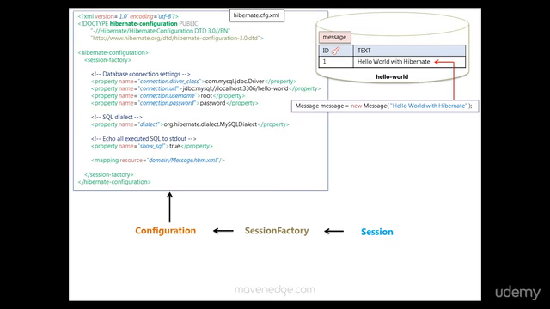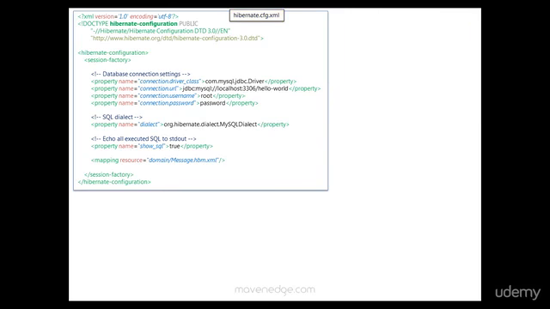What this configuration object does is that it looks for a Hibernate configuration file in the root of the class path of an application and uses it to build a session factory object. So let's go ahead and have a look at this configuration file. So we have provided the connection URL, JDBC driver class, username and password for Hibernate to connect to the Hello World database in MySQL. Now, every database behaves differently, so this dialect setting allows Hibernate to generate SQL optimized for